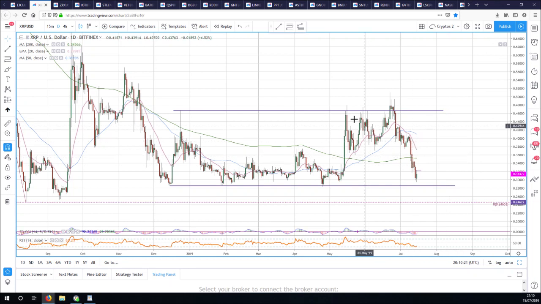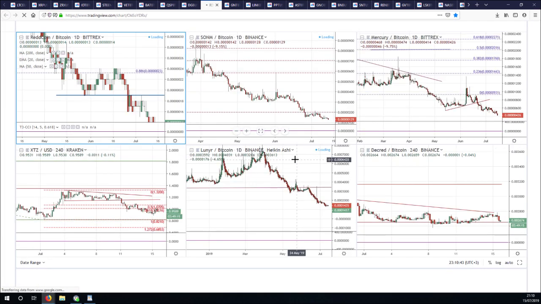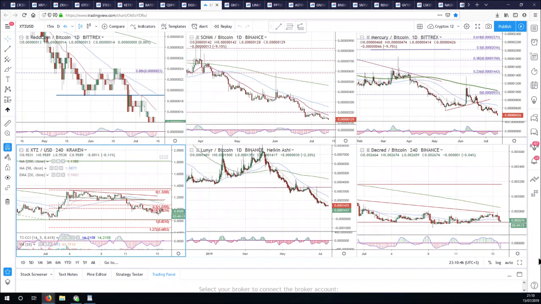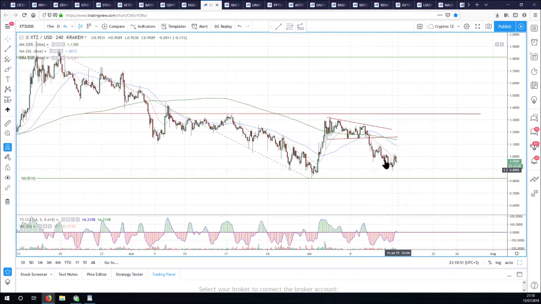Not that good. Okay, let's look at XTZ against ETH. Now, I use that screening tool on TradingView with the moving averages. When I ran it this morning, because ETH had such a bad weekend, just about everything looked good against ETH, because ETH had been so down. So a lot of charts are going to look better than they might be otherwise against ETH. So let's tidy up this dollar chart.